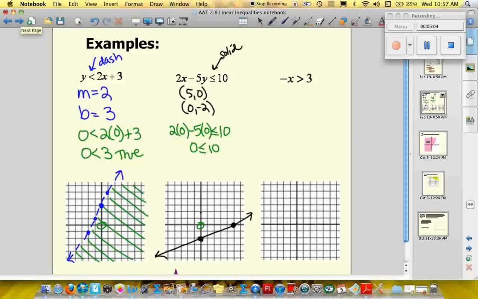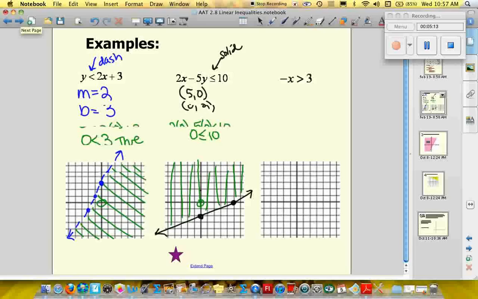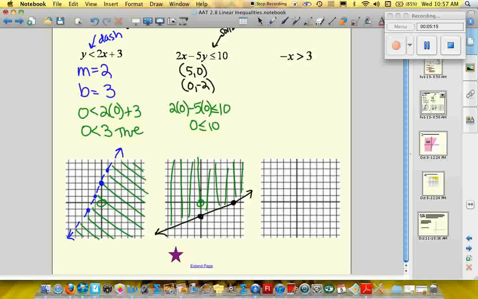Now I have a star down here because if you would have solved this for y to graph it, and I know some of you still like to do that, you need to be careful at this step right here. Right here, I'm dividing by a negative. I have to flip my inequality. Okay, so this star here is for a flip if you multiply or divide